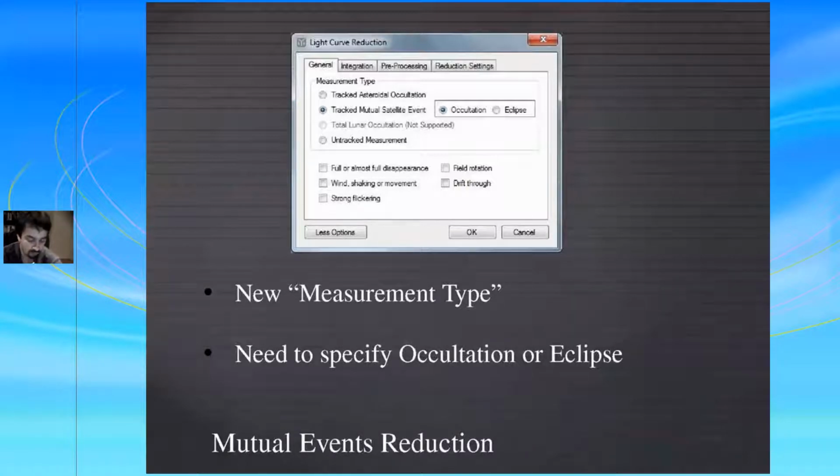Now moving to the mutual events. This was another big work for me, which I did in the past couple of months, and my intention was to make it easier or better for people to extract light curves specifically for mutual events.